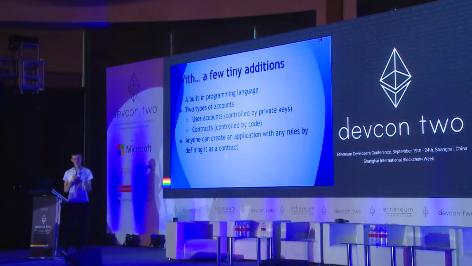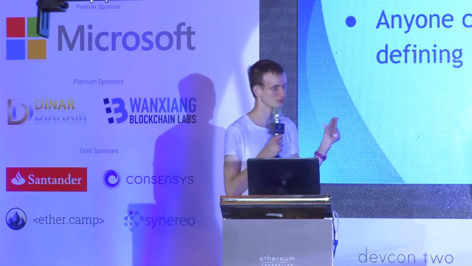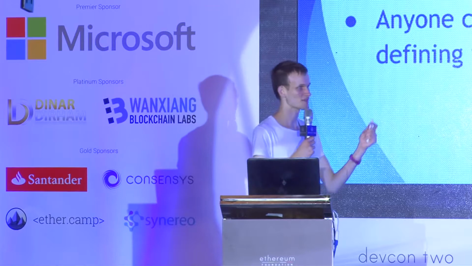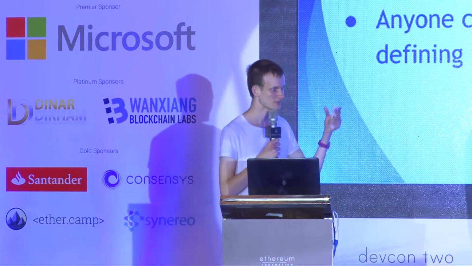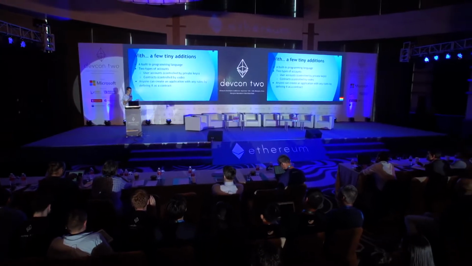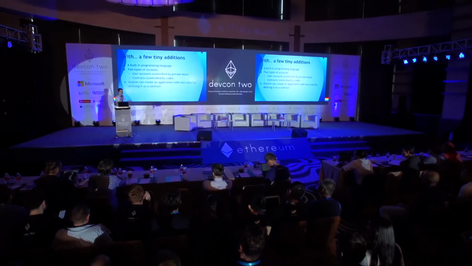So the main thing that makes Ethereum tick is this built-in programming language. So the basic concept is, if you have some new kind of application, then what you would do is write the rules of your application in a piece of code. Take this piece of code, you would call this a contract, upload it to the blockchain, and now you have a special type of account. And this type of account sits on the blockchain, and anyone can send a transaction to this account in order to interact with this account.